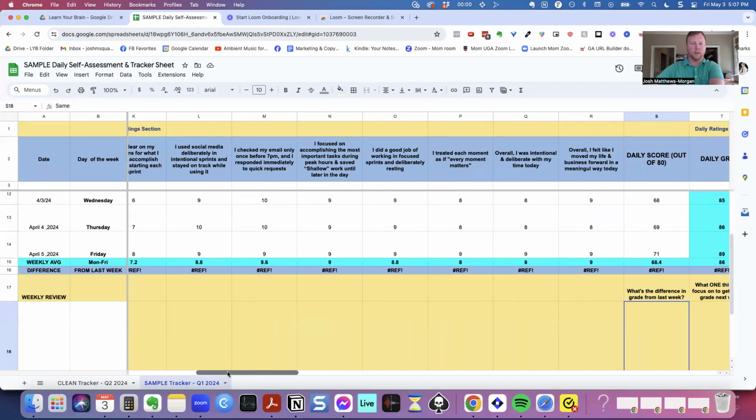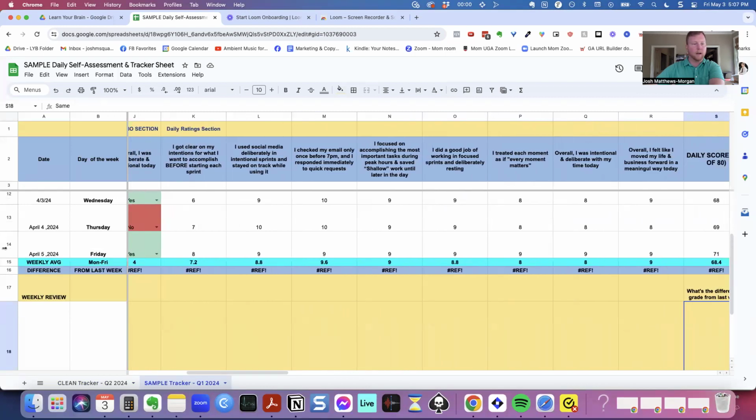And one thing that's cool here is that down on these averages, you can see which numbers are kind of low. You can see that I got an 8.8 on this one, a 9. I probably don't need to improve that much. It's pretty good. But this is only 7.2,